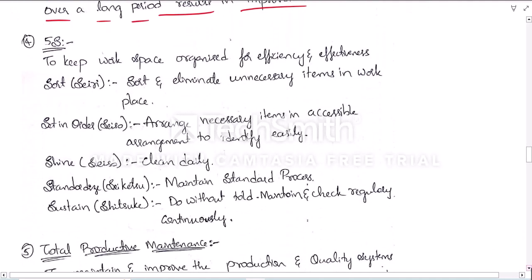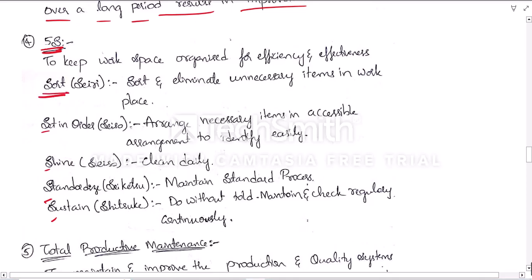So the next concept is 5S. We have abbreviations for all of them, and they are required to follow to keep our workplace clean, so that it will be organized and we can find whatever we want easily. So what should we do?